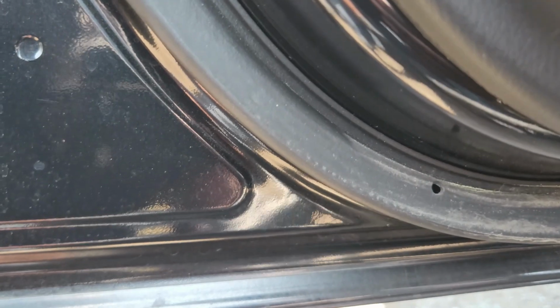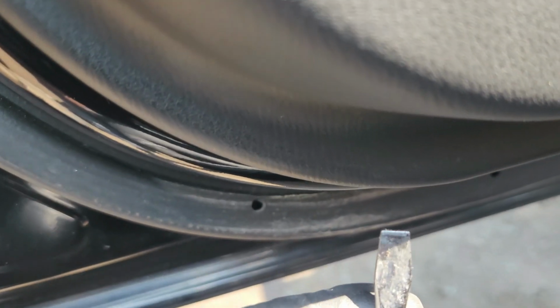You just run it across right here. Just run it across down here, and then you pry it out. So guys, if you have a plastic pry, I really encourage you to use that. Don't use this, it will just mess up your paint. But I don't have the plastic pry right now, so I might just end up using this one right here. So I just put it like that on the corner, and then you just use a little bit of force,